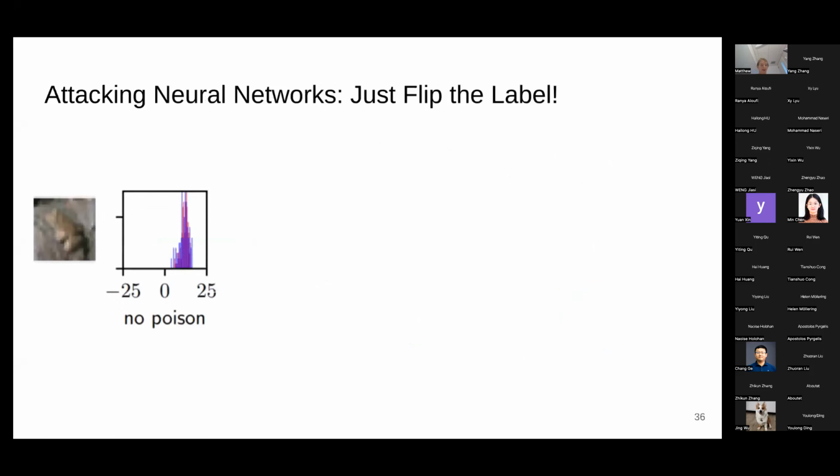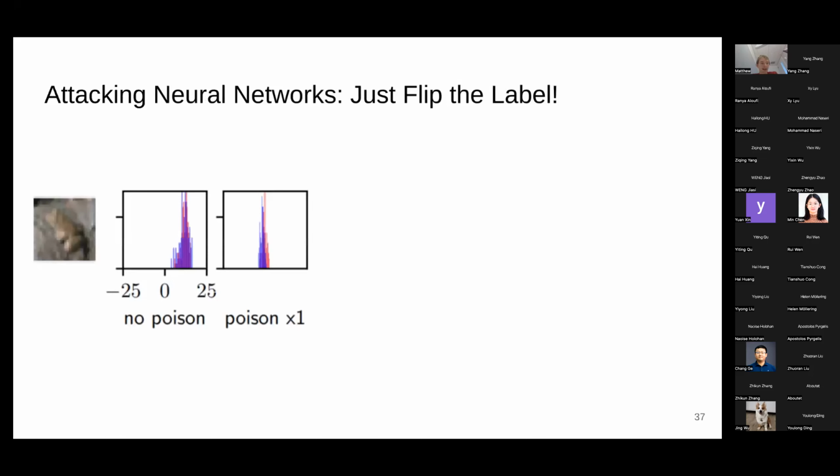And it turns out that attacking neural networks is a much simpler task. You don't need to do any fancy breaking ties or anything. It turns out that all you need to do is flip the label. So you take this picture of the frog, you add it with some incorrect labels, and you can see here with no poisoning, the two distributions, the non-member distribution in blue and the member distribution in red, are basically indistinguishable. But when you add one poison point with the incorrect label,